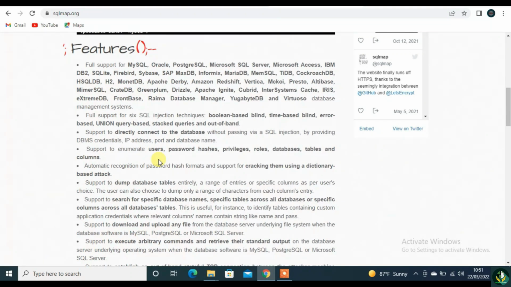Full support for six SQL injection techniques: Boolean-based blind, time-based blind, error-based,